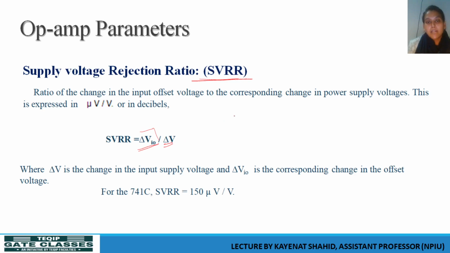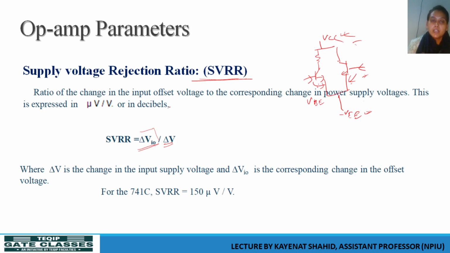Why we are saying this, how it is going to affect, we have already discussed. The supply voltage is nothing but this voltage that we are talking about, VCC minus VEE. If these two voltages change, the parameters of the transistors like VBE1 and VBE2 and the currents all depend on the supply voltage. So if the supply voltage changes, the parameters will change, and hence the input offset voltage required to make the output 0 will change.